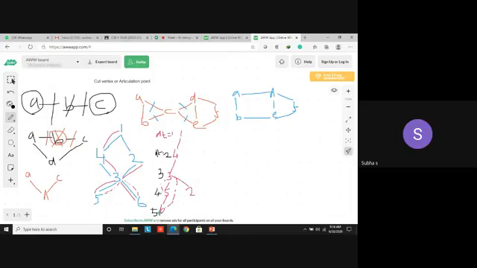From 6 again I backtrack to 3. Don't put 3 again here because you have already visited it. The next node visited is 2, and the discovery time is 6. The order of visiting the nodes is your discovery time. So the discovery times are 1, 2, 3, 4, 5 and then 6. You have to put the vertices, then mention the discovery time, and then find the lowest number. We will continue in the next class. With this I will stop. If you have any doubts you can ask.